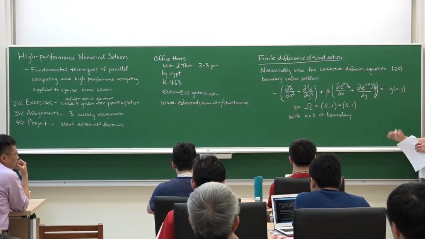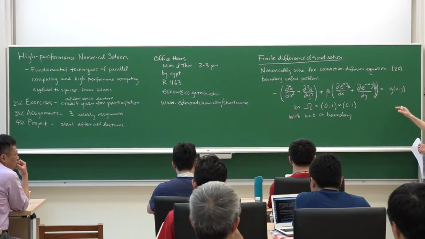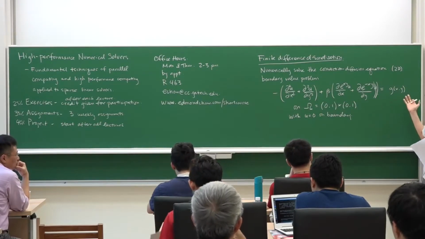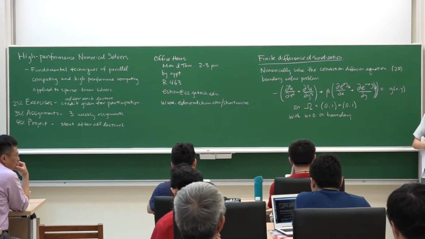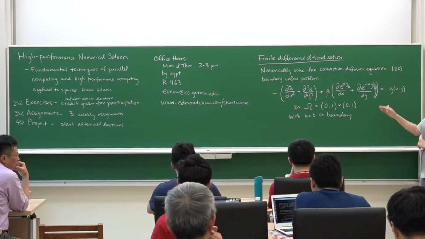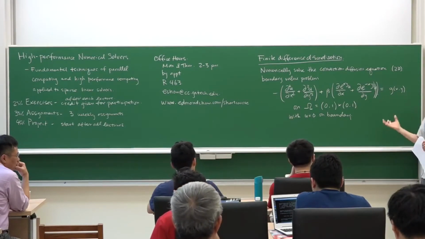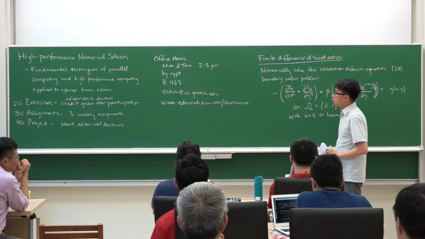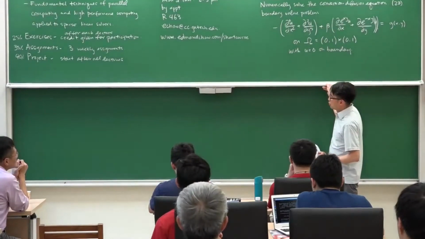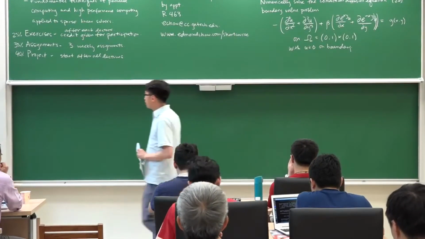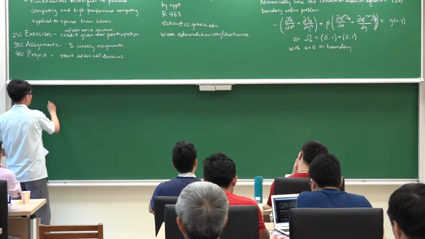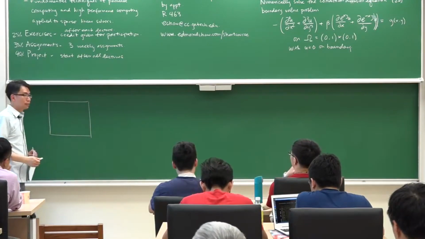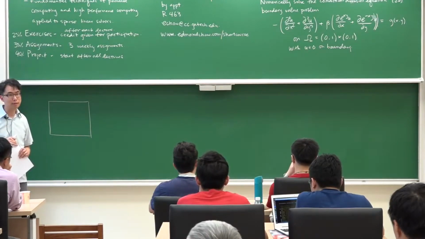Okay. So in general, depending on the shape of the domain, we may or may not be able to find an analytical solution. For this problem, an analytical solution could be readily available. But if we cannot find an analytical solution in general, we want to solve the problem numerically. And the idea of solving the problem numerically is to try to find the solutions at a discrete number of points, a discrete set of points in the domain.